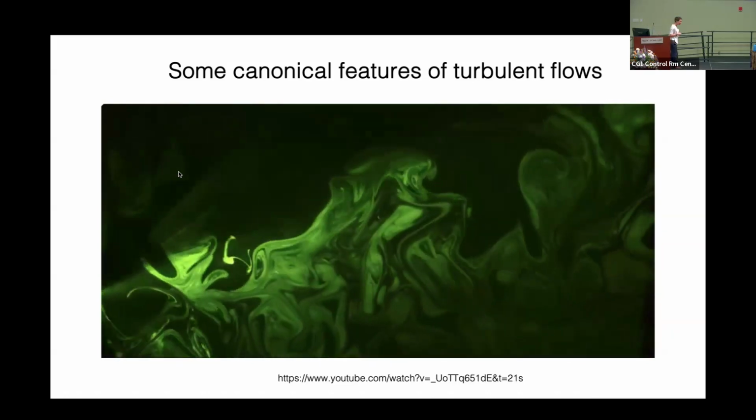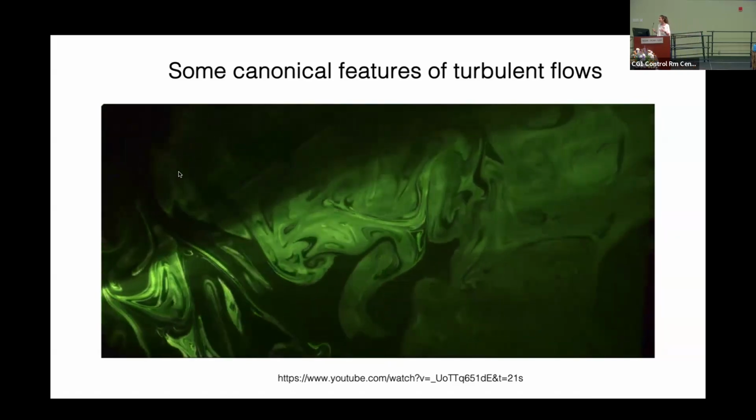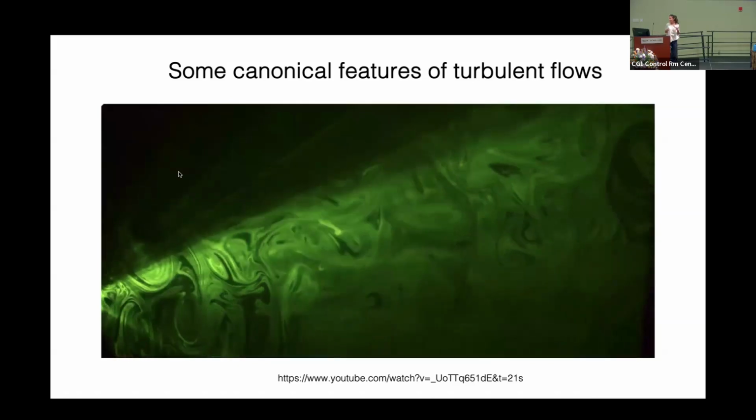There is not really a definition of turbulence. But there are some canonical features that we can recognize in turbulent flows. They're generally unsteady, and they appear to be chaotic and intermittent, which means that you have some instances in which the fluid is very active, and some instances in which the fluid is more quiet. They are associated, like I said, with enhanced mixing, and importantly, they are multi-scale. So you can see in this image that you have structures, vortices on multiple scales at any given time.